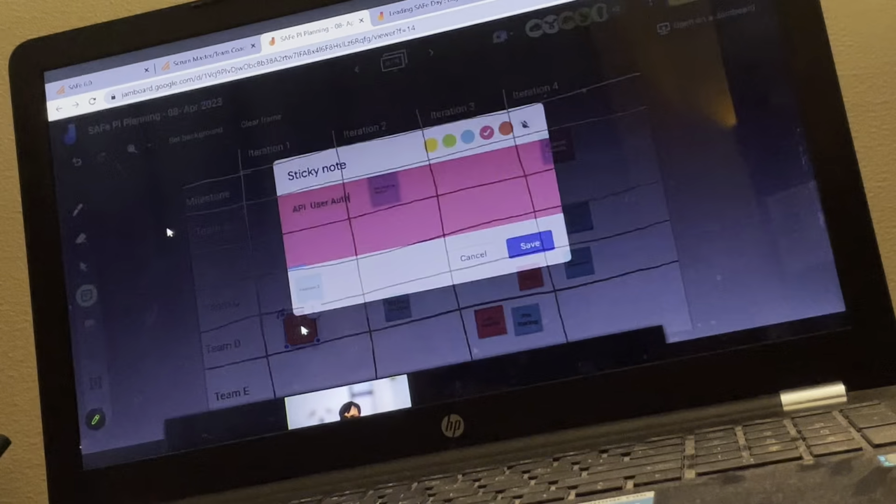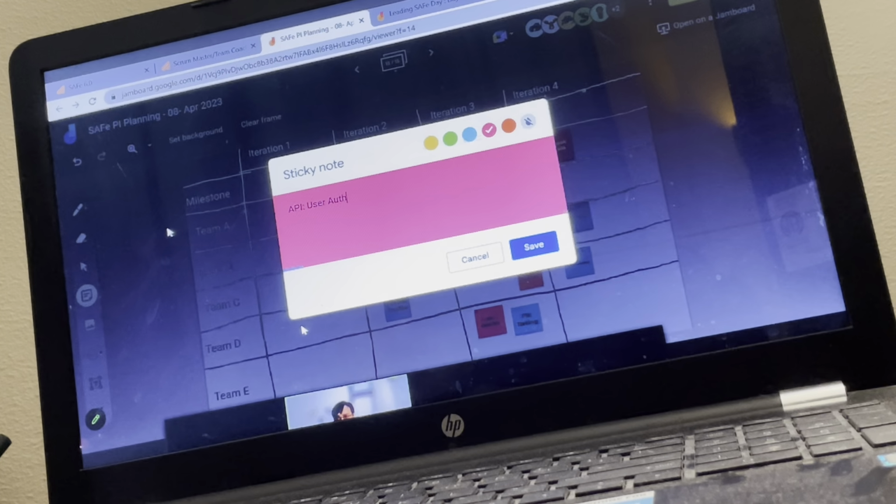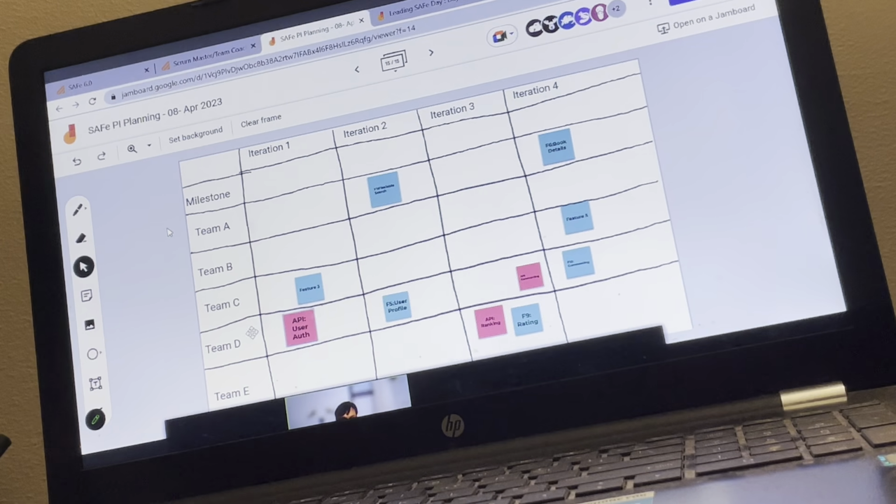So I add the dependency as an API or dependency as a thing. And I say, I need this from team D in iteration 1. Yeah, so they need to deliver this. This is not a feature, this is a dependency. They need to deliver this. Now to whom they are delivering, we can also show a red string to show who is consuming this